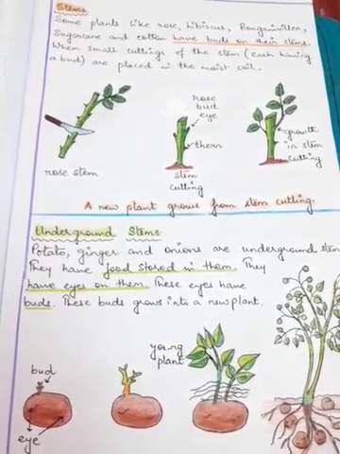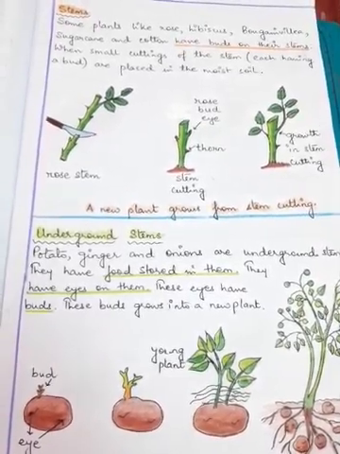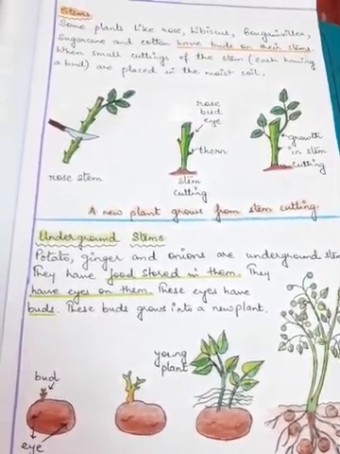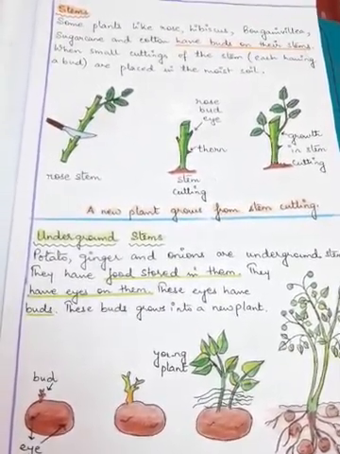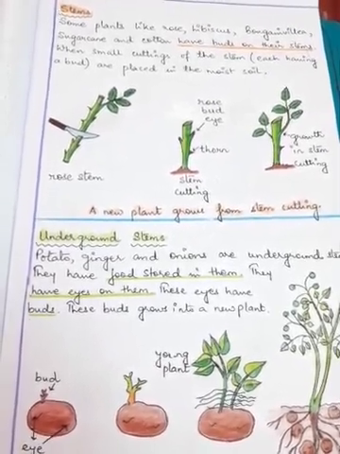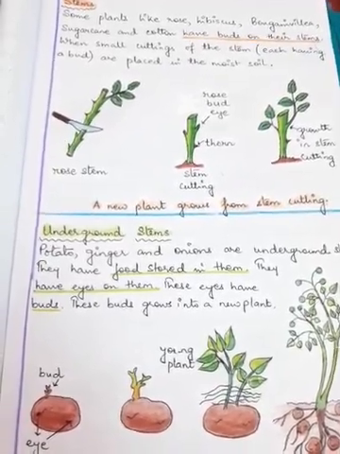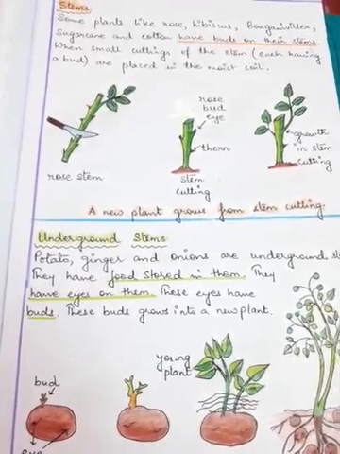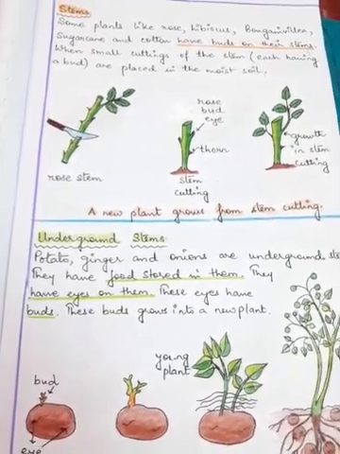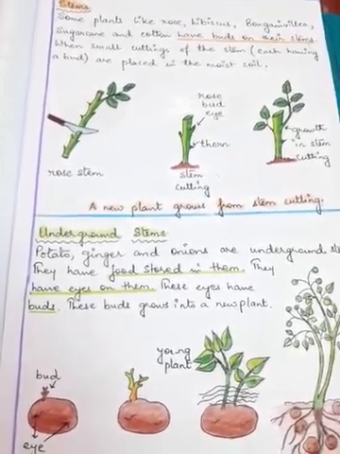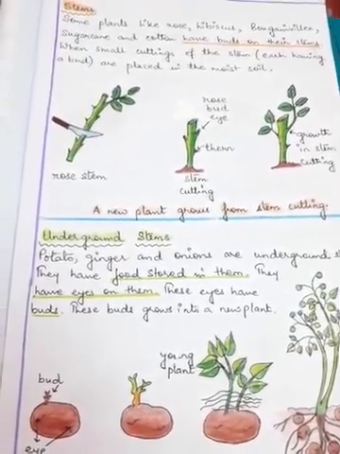We are back with our science class, and the topic that we are going to study today is vegetative propagation. Now, vegetative propagation is one of the most interesting topics. In this topic, we will be studying various interesting methods through which we will learn how to grow new plants from vegetative parts. And we will also learn what the vegetative parts are, how to recognize them, how to plant them, and how we can grow new plants. So we will be learning various methods.